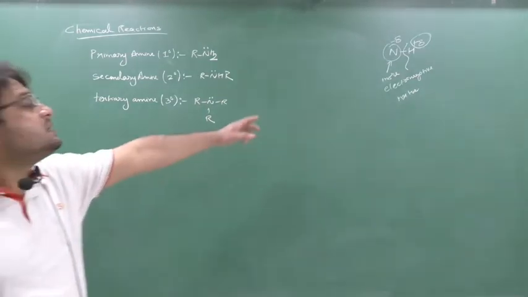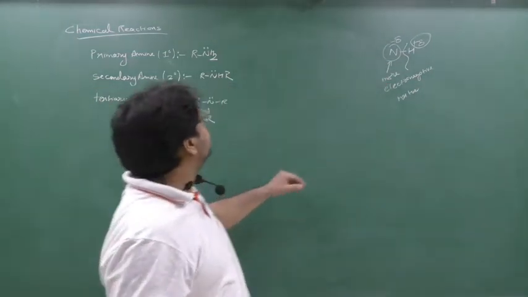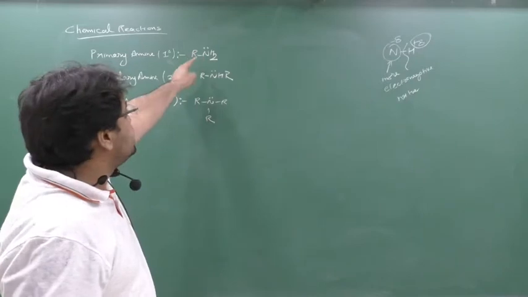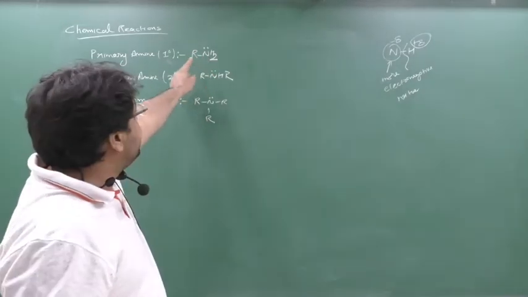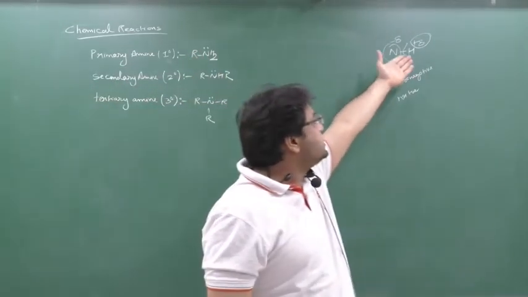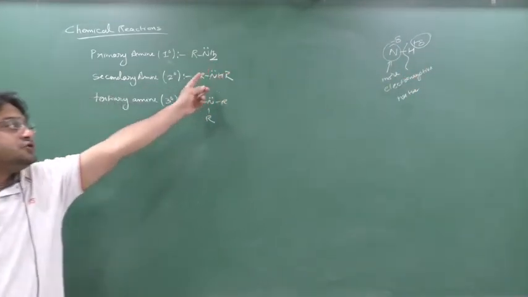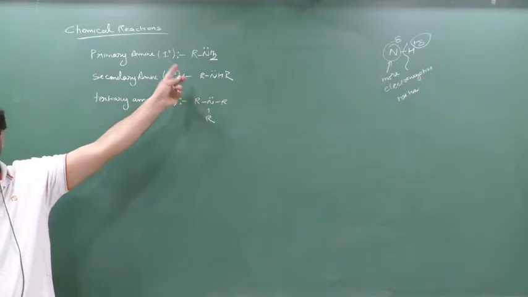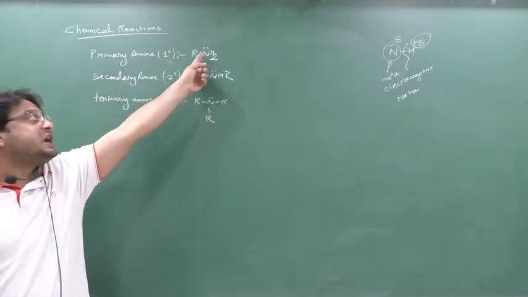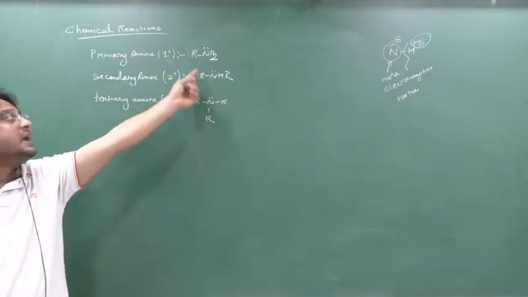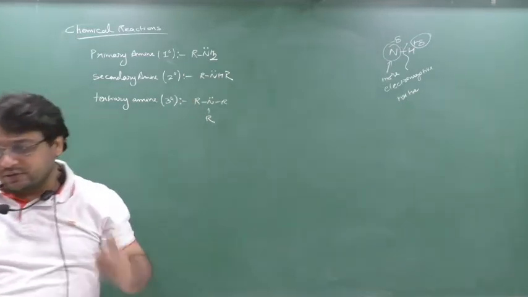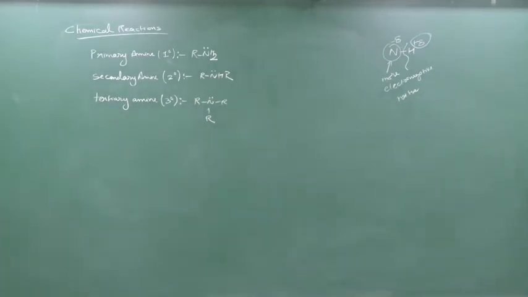And understood why it is an acidic hydrogen, because there is a bond between N and H here. So nitrogen is more electronegative in nature, so it will develop a partially negative charge, and hydrogen is less electronegative, it will develop a partially positive charge. So here the hydrogen will be removed from these amines as H plus. That's why this hydrogen attached to primary amine and secondary amine is known as acidic hydrogen. Write down this.